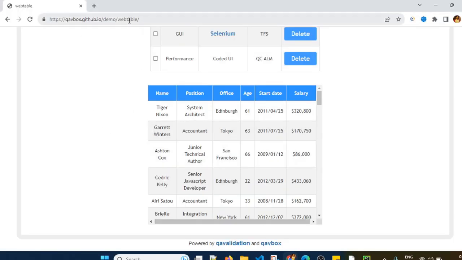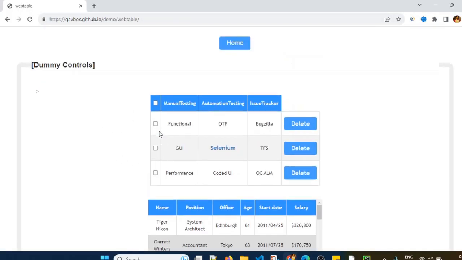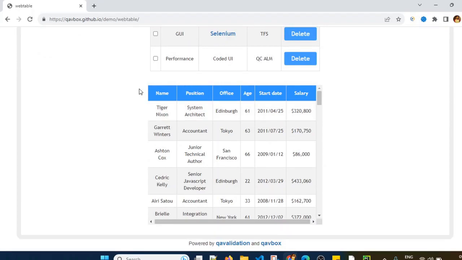So this is one website on which two tables are present. For this you can just ignore the first table. Let's focus on this second table. This is a static web table. If you see, this web table contains some rows.